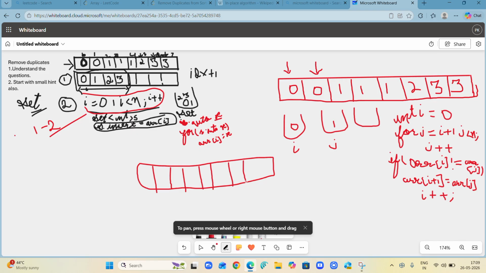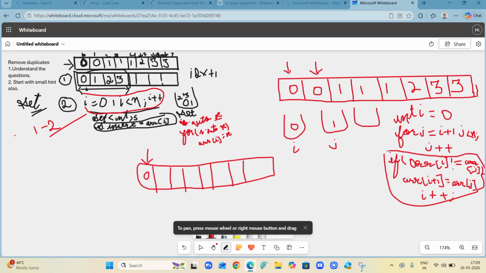So see, when i is 0, j is 1. I'm comparing the 0th element and the first element. Are my array of 0th element and first element the same? First of all, 0 is stored over here, and I'm comparing with the 0th element, meaning i equals 0. So are both the same, array of i and array of j? Yes, it is the same. So this if condition is not going to be applied over here, guys.